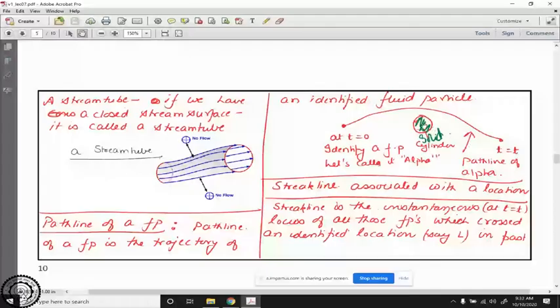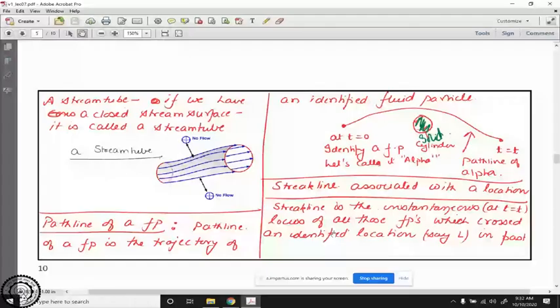The third visualization curve is the streak line. Streak line is associated with a location, just one location. Streamline was associated with the entire domain. Path line was associated with a fluid particle. Streak line is associated with a specific location. And what is the importance of that location? Streak line is the instantaneous time t locus of all those fluid particles which crossed an identified location, say L,